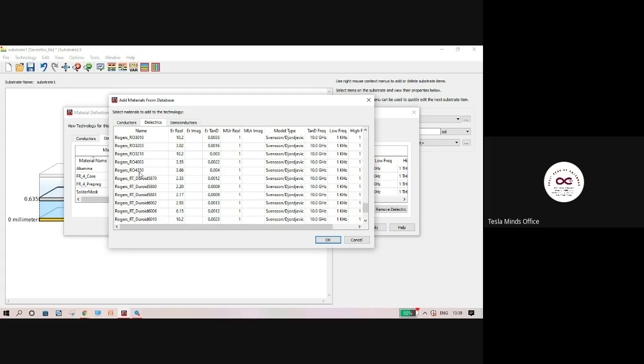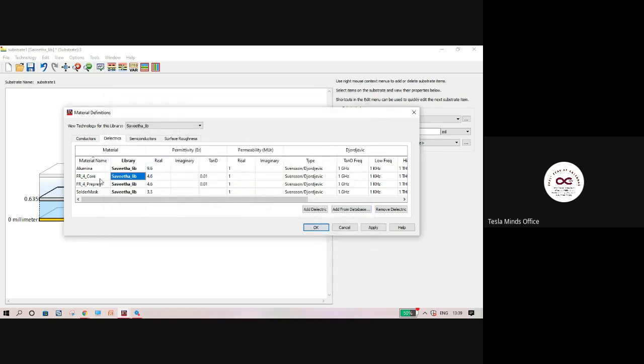Most of the military grade antennas use Rogers only, right? And when I say that, it also means it's costing more. So that's the reason most research is also happening on FR4 based antennas. You can choose either one depending upon the budget of your product and your antenna. As of today, we are just going to choose FR4 core.